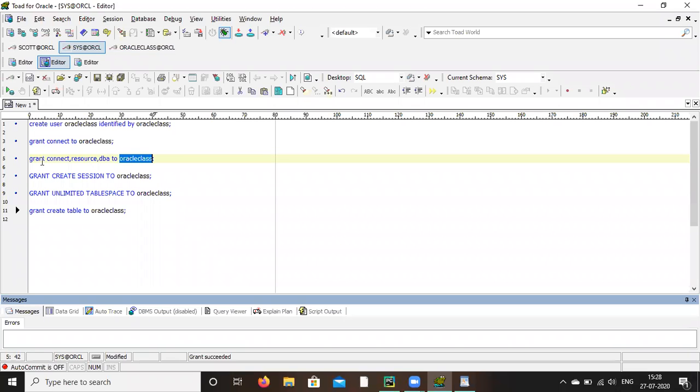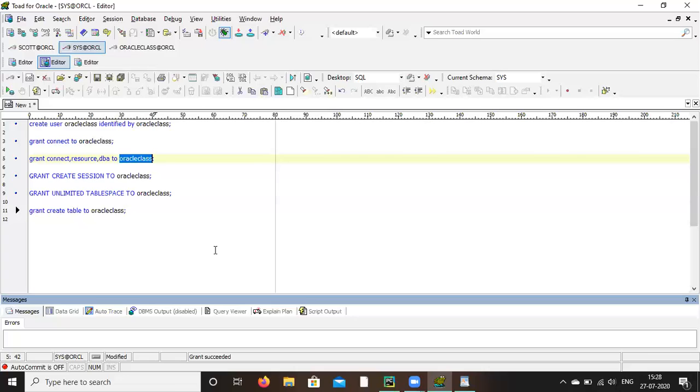There are some grants like connect, resource, data. You have to access from the DBA or resources, something you want to access from select star from all these things. So at that time you need all the resources. When you give a user, all the environment setup, the default database, default resource, everything you have to give access.